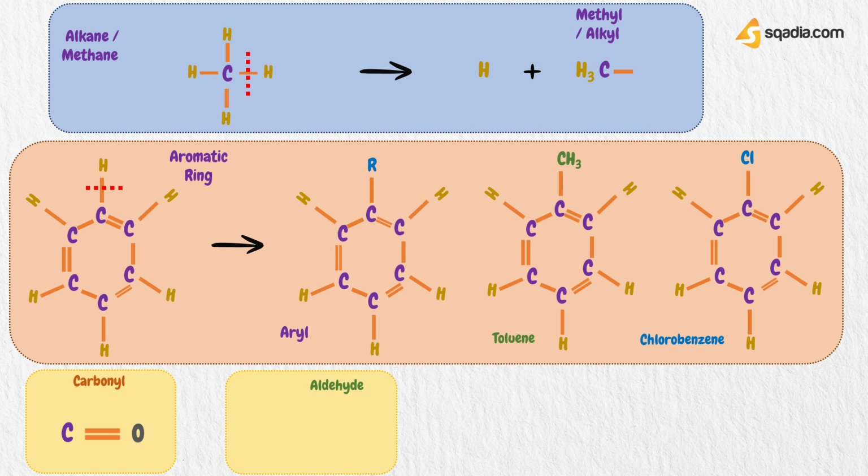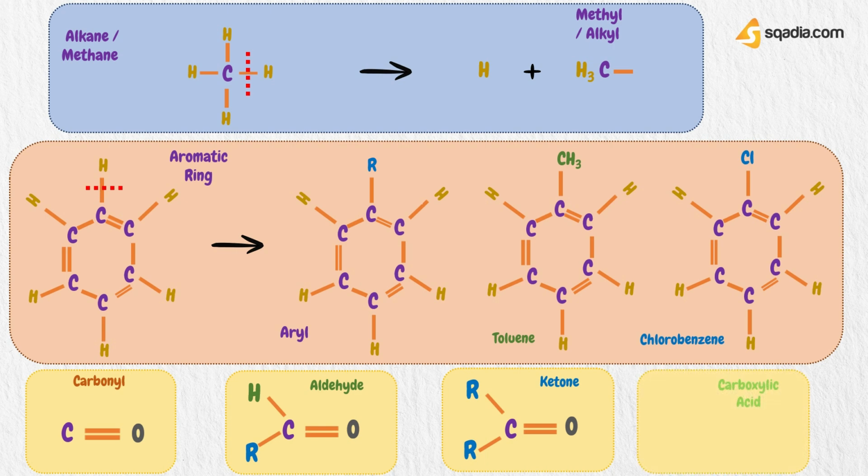Aldehyde will be formed when hydrogen and an R group are attached to the carbonyl group, and ketone will be formed in the structure of aldehyde if hydrogen is replaced by an R group. Carboxylic acid will be formed if in the structure of ketone, 1 R group is replaced by an OH group. In primary amine, 1 nitrogen, 1 aryl group or alkyl group, and 2 hydrogens are present. In secondary amine, 2 R groups and 1 hydrogen are present, while in tertiary amine, 3 hydrogens are replaced by